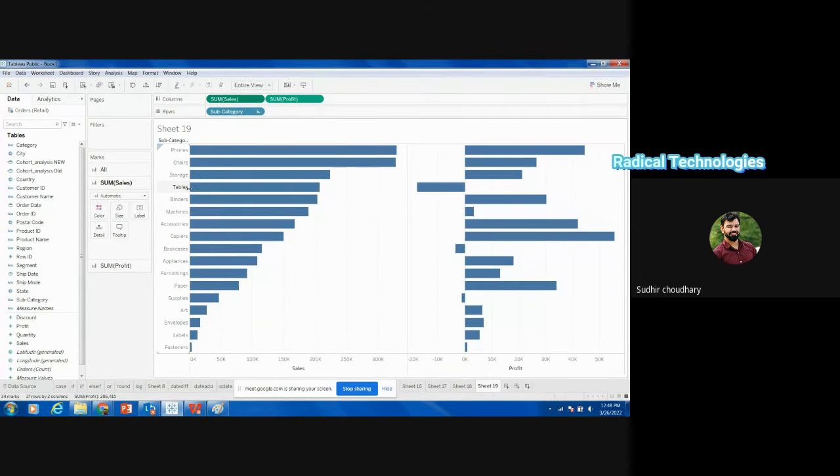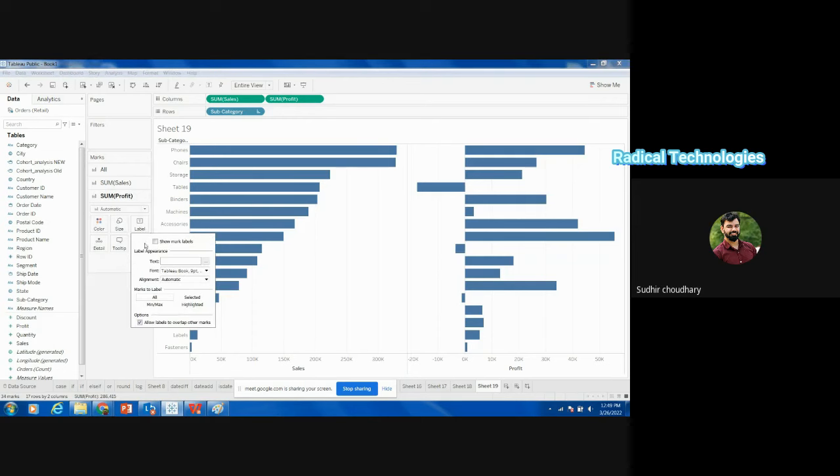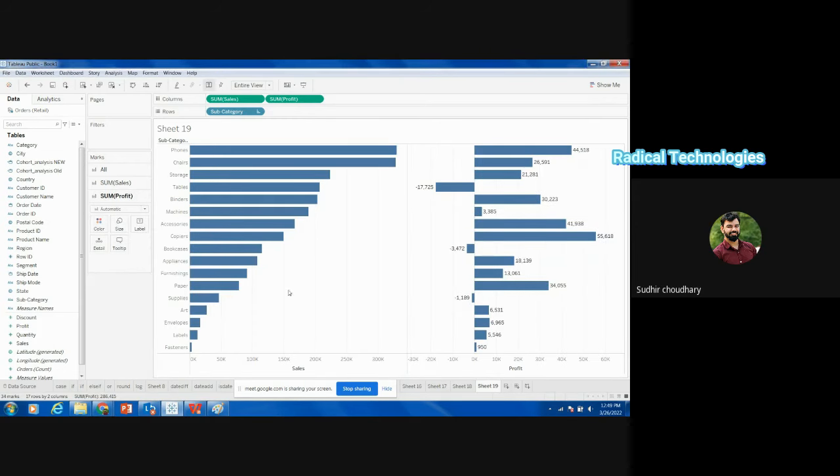For tables, it is fourth in the list in sales. But if you look at the profit, it is in loss.